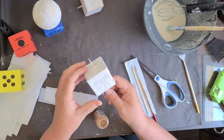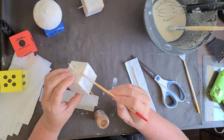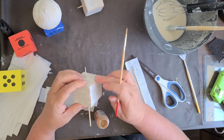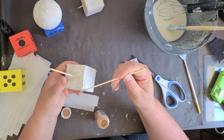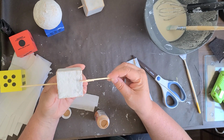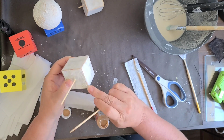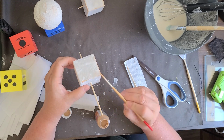Once all of my cubes and circles were dried, I put that white paint into the batter to try to even out that yellow tone that comes across. You can see in that wet batter. So they had a nice white finish, and now I'm just taking a little bit of a taupe, very light brown